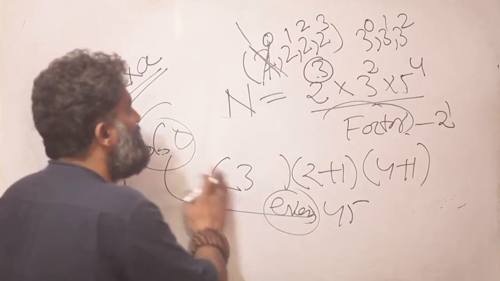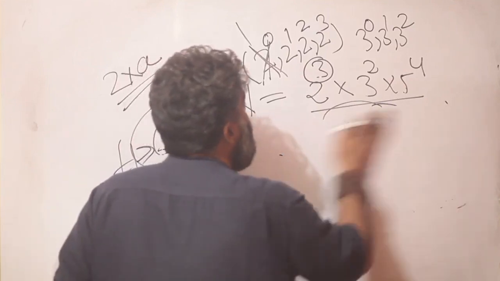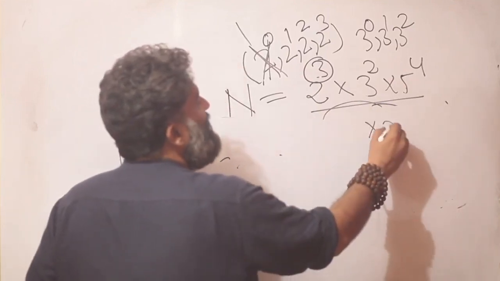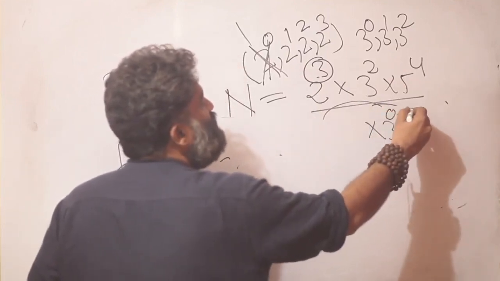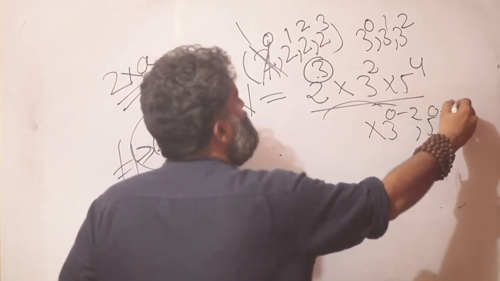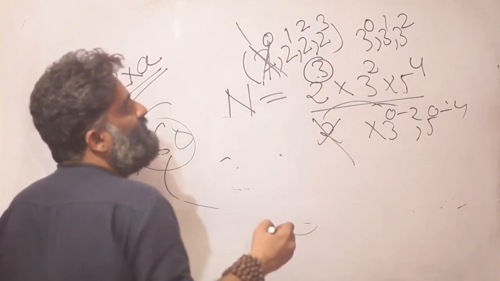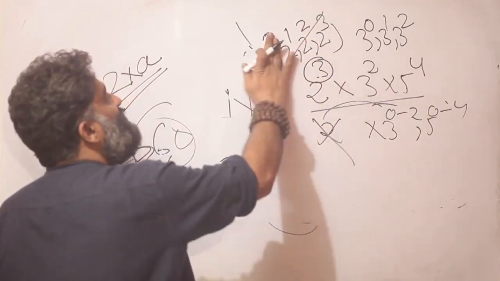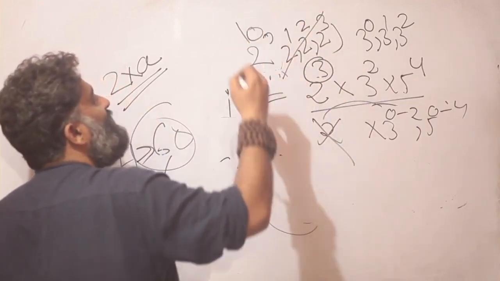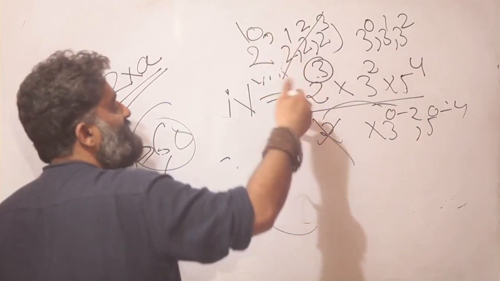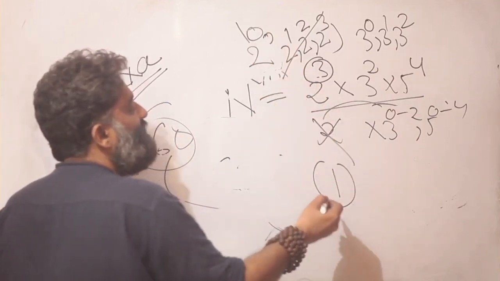The other way of thinking about it, if you are saying the factor is odd, right? So it can have 3 raised to 0, 2 up to 2, 5 raised to 0 to 4 in the factors, but it should not have a 2, right? That means the only possibility which will work for me is 2 raised to 0, which is one way of doing this. So that means now I will say 1.